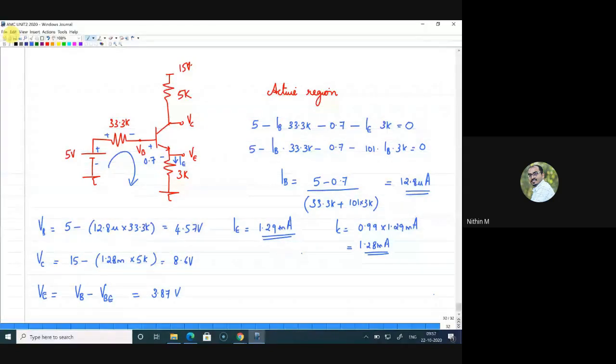In today's class, we'll just wind up here, and we'll continue in tomorrow's class. A few more DC numericals followed by base width modulation, and then we will come back to small signal models, and then we will solve the small signal amplifiers. Like whatever we have done for MOSFET, in a similar way, we'll perform for BJT based amplifiers. So thank you for joining today's class. I'll be winding up now.